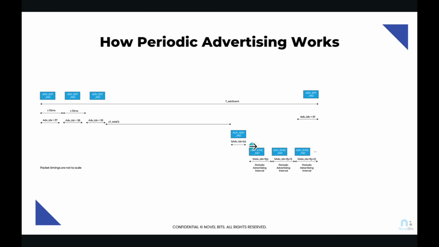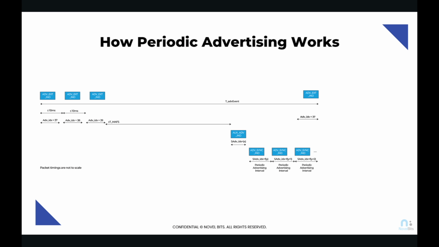So once the scanner finds this information, it'll just be able to wake up every 200 milliseconds to receive the periodic advertising data, instead of having to look for these packets every time to find where this is. It just needs to find this once, and then hopefully nothing changes from the advertiser side, and so it'll be able to find these packets regularly from there on